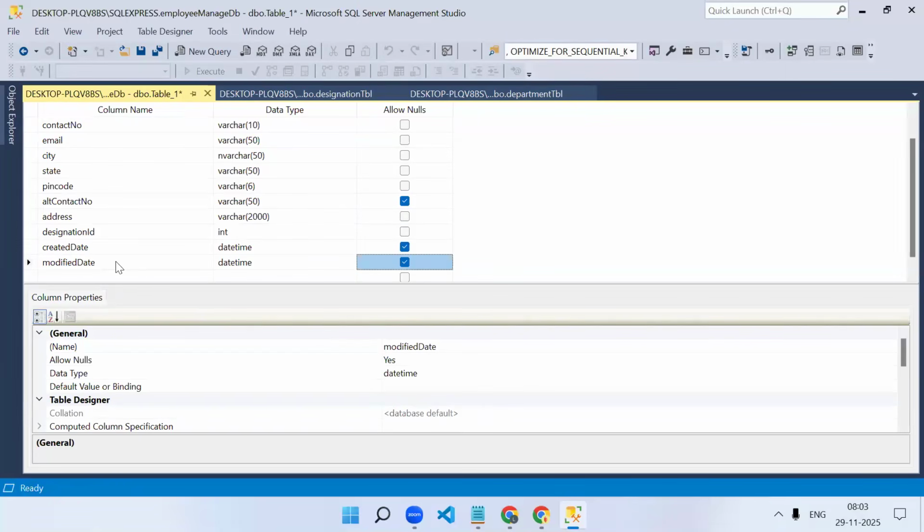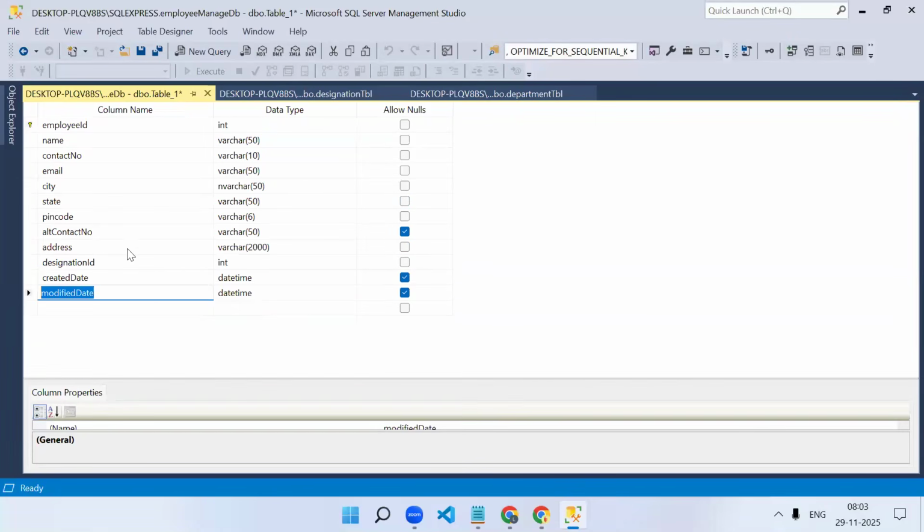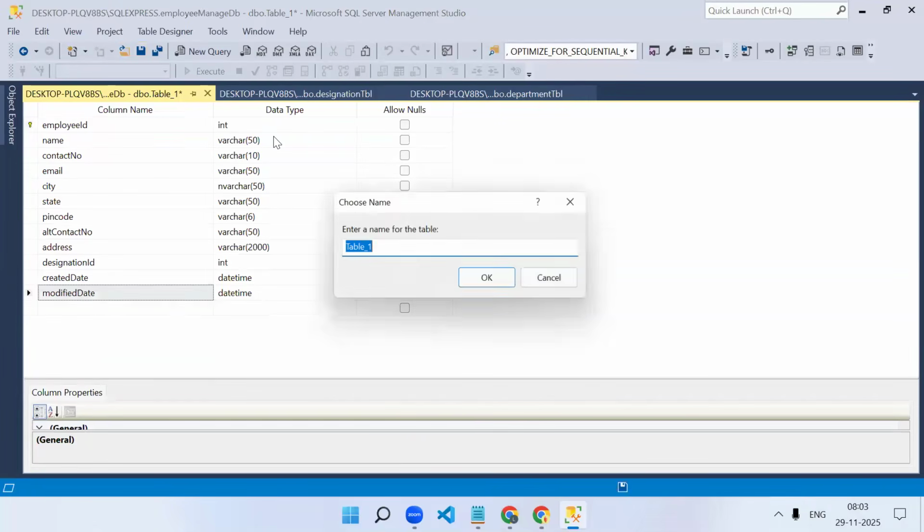Whenever we do the updation, the modified field will get updated. The created field will get updated only for the first time, but the modified one will get updated whenever you are doing the put operation. Okay. So these two columns are also not mandatory because from UI side we are not going to send them, or from the API side we are going to send them. So in my table, only three things are optional: alternate contact number, created date, and modified date. Let's save this table. Employee